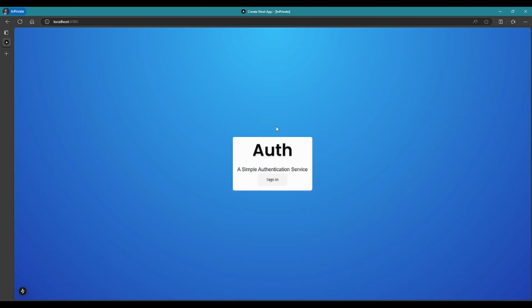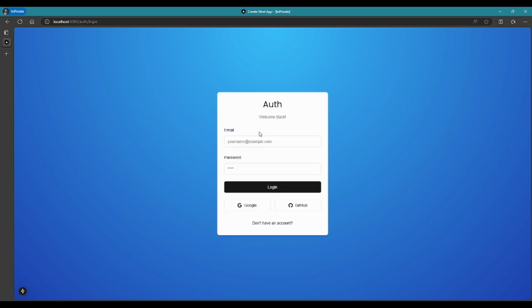So I am now on localhost 3000 again, and let's click this sign in button so that we will be redirected to our sign in form. And there you go. There is our sign in form.